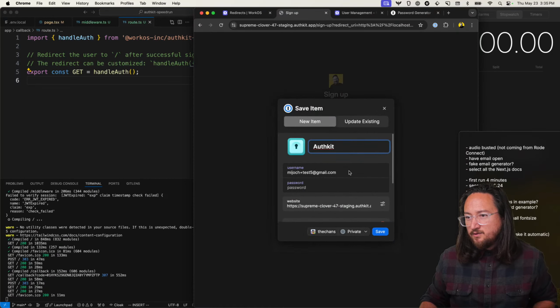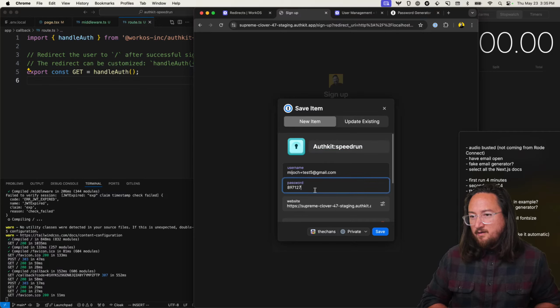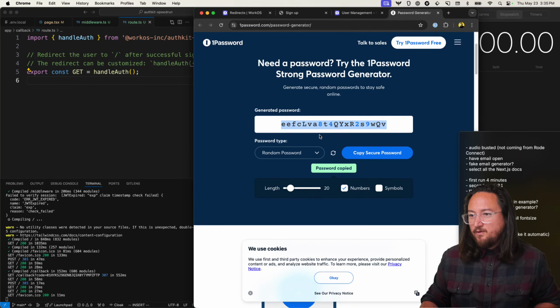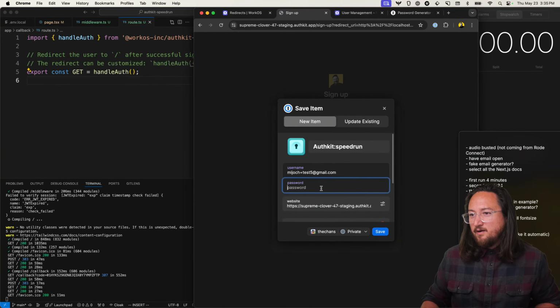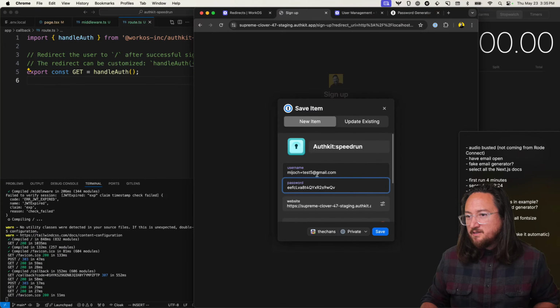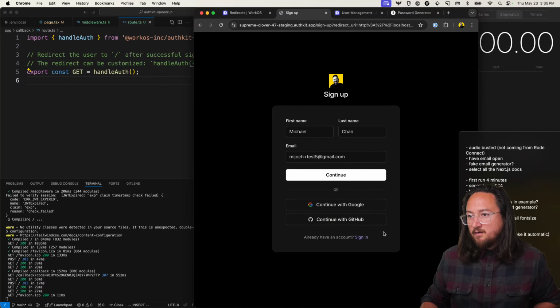Let's see, save to 1Password. So this is going to be AuthKit Speedrun. And then using the 1Password website to add a password in 1Password, I totally see the stupidity in that. Okay, cool. So we're gonna save. Oh, but it doesn't have. Oh yeah, first name. Okay, cool. So it is seeing those fields as well. Let's save that. Okay, so if I refresh this,